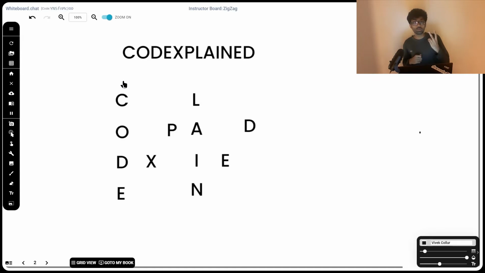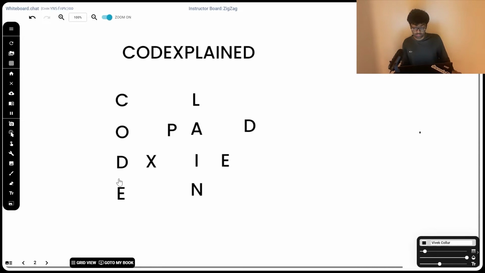So we're going to look at 2 factors, A, the direction, and B, the result when we modulo it by the number of rows minus 1. So whenever the result of the ith character percent the number of rows minus 1 is 0, we're going to change the direction. In code explained, the first character naturally has an index of 0. When we do 0 % 3, our result is again 0. So the direction is going to be downwards.